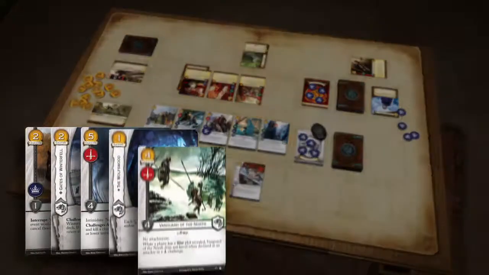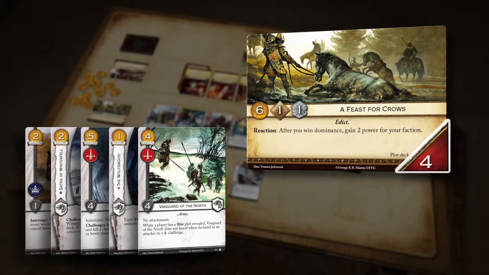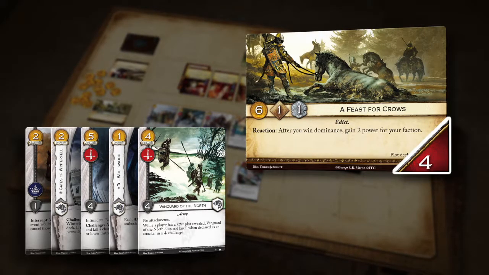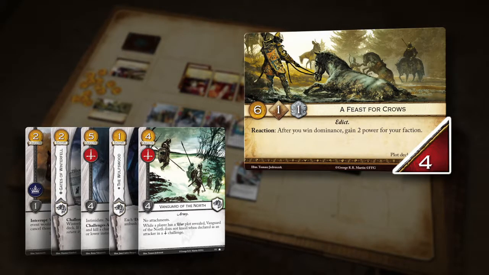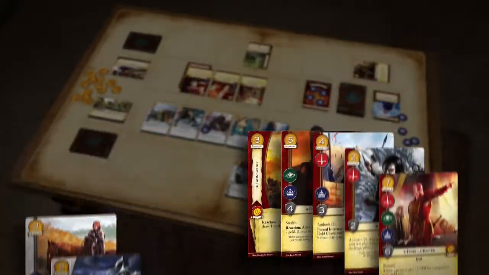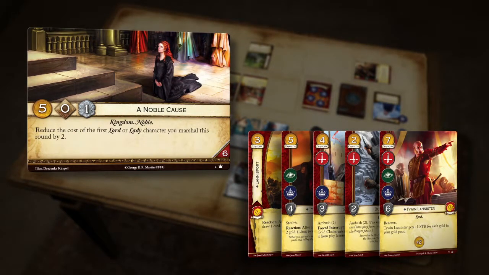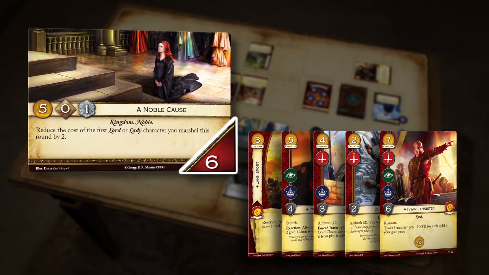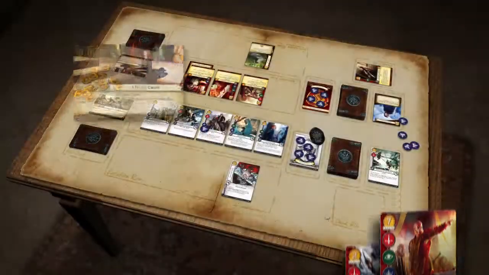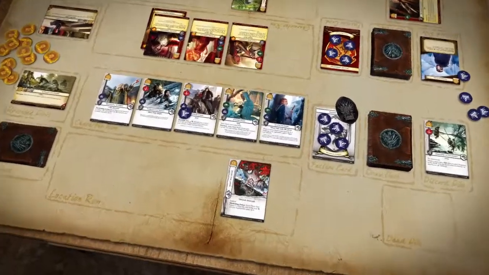Player 1 has 5 cards in hand. The A Feast for Crows plot card has a reserve value of 4, so Player 1 must choose and discard 1 card from his hand. He chooses to place Vanguard of the North in his discard pile. Player 2 has 5 cards in hand. The A Noble Cause plot card has a printed reserve value of 6, so Player 2 does not discard any cards. After the taxation phase, the current game round ends and a new game round begins with a new plot